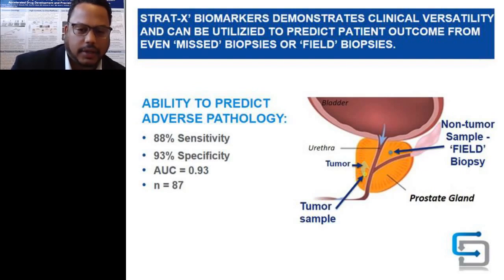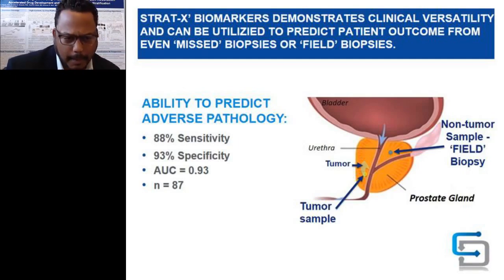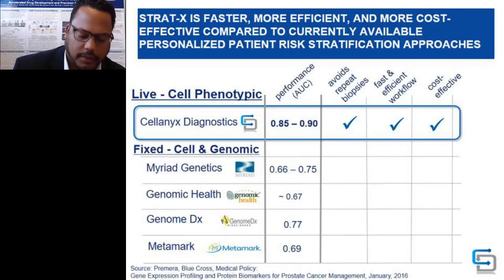And this suite of biomarkers that STRAT-X uses was able to pick out those patients from the field effect that would actually experience adverse pathology. And so, again, just using this as an example and why we should think about live cell phenotypic biomarkers and live cell multi-omic approaches as being meaningful, we can compare this STRAT-X approach with other fixed cell and